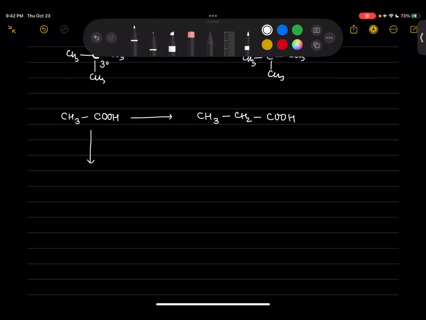And this is going to be a very important reaction because it involves the concept of all the previous chapters: alcohol chapter, alkyl halide chapter, and carboxylic acids. So first, we need to put KCN or Grignard. Is it clear? So what I will do is, first I will reduce it